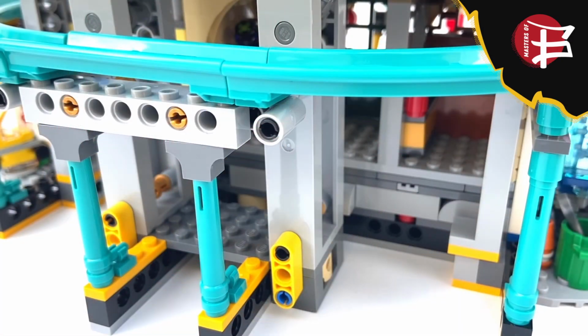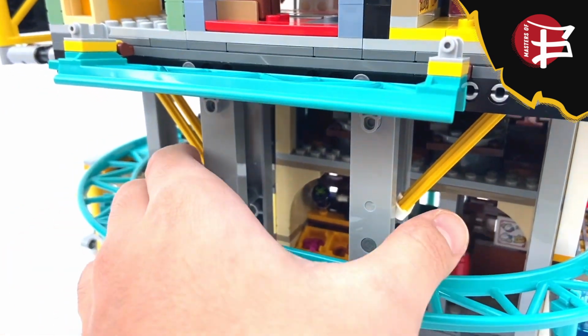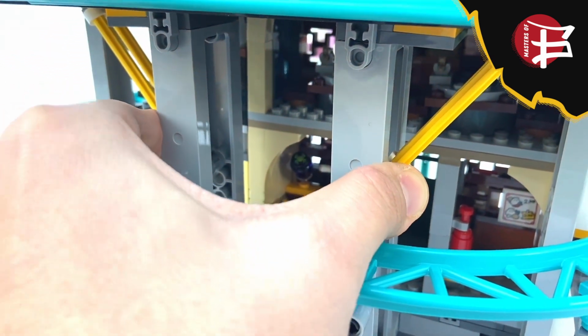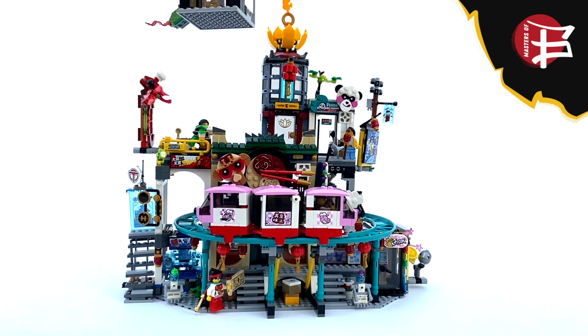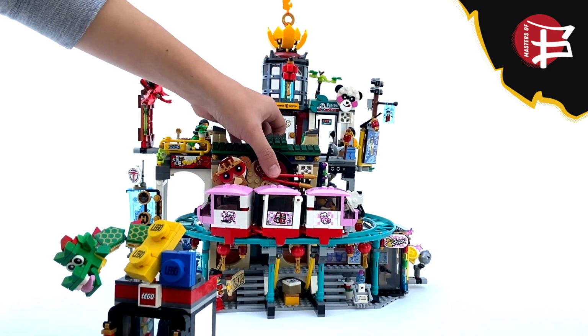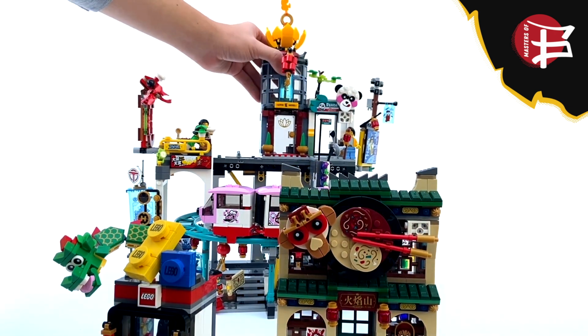Some of you definitely had a heart attack while watching that. But yeah, the set is just really well designed. The whole city is built under this incredibly strong foundation, and it also allows one really cool feature, which is customizability. I remember when the Monkie Kid theme was announced, a lot of people were crazy about the side builds,